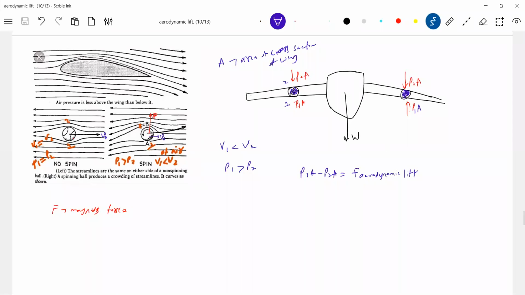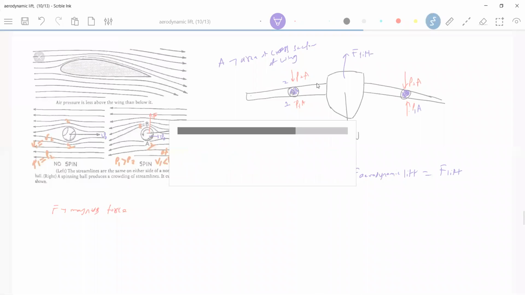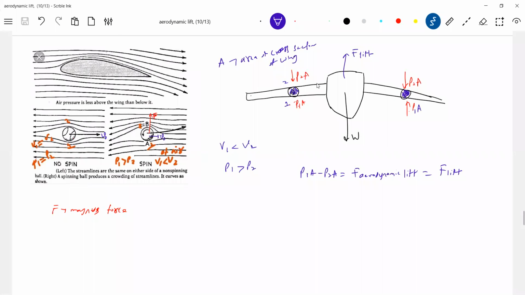This is about the aerodynamic lift. So this F I should show. By the propellers, as the air rushes because of the rotating propellers, the air below will be retarded and the air above will be accelerated. Because of that, we'll get the aerodynamic lift here. This is the one thing.